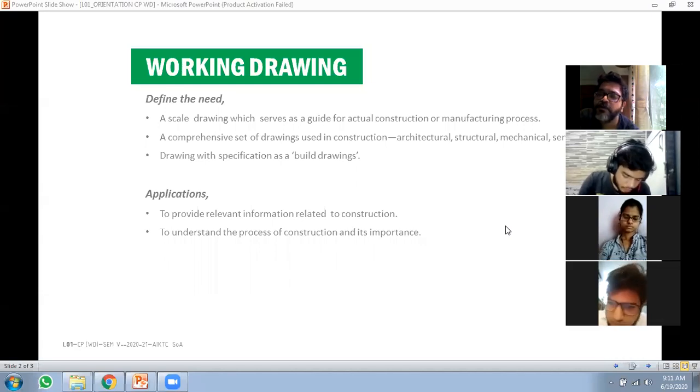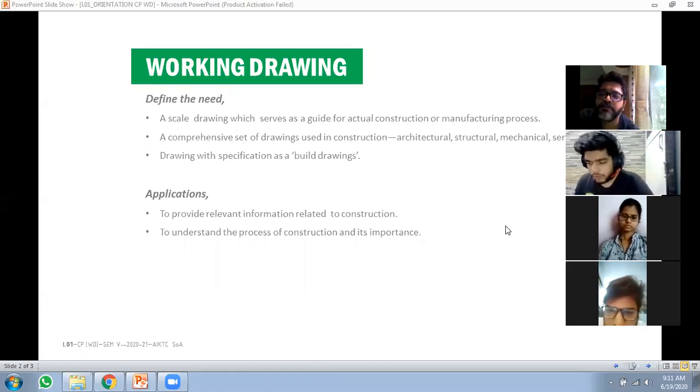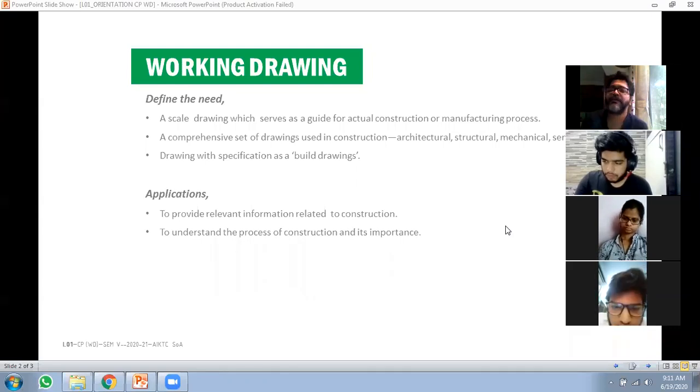So it's very important to understand that because not all clients come up with a budget, a very restricted budget. So you have to always look into a portion where you remain within the budget. So working drawing gives you that specific information as well. It's not only a 2D drawing, but it is also going to affect the overall budget of the project. Okay, so it helps you to keep a tab, keep a control over what the budget is going to be, and it also helps you to understand the process of it.